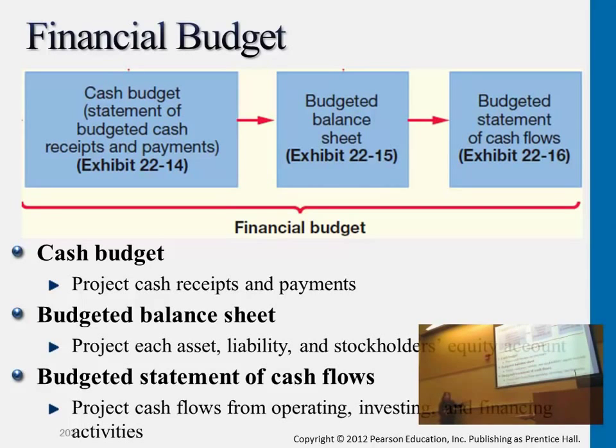Statement of cash flows, you might think, how is this different from the cash budget? So basically, the cash budget is more detailed. We break it down to months. In the statement of cash flows, we summarize them as one. So just like the income statement, the information here breaks down to the first 3 components. The statement of cash flows is capturing summary information of all 4 months, but not broken into details. So the cash budget is a lot more detailed. The statement of cash flows is basically a summary of cash